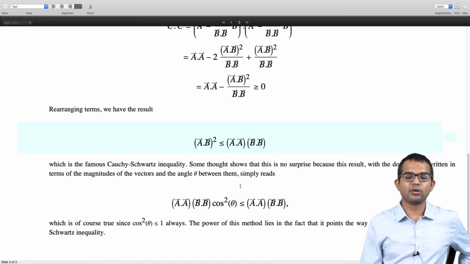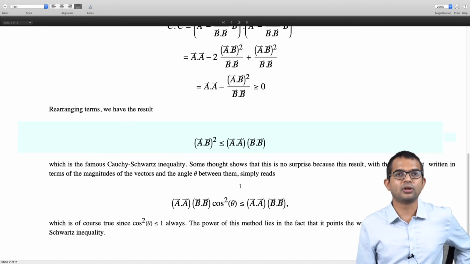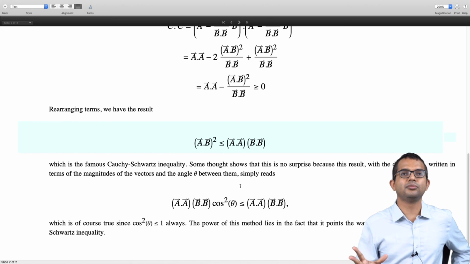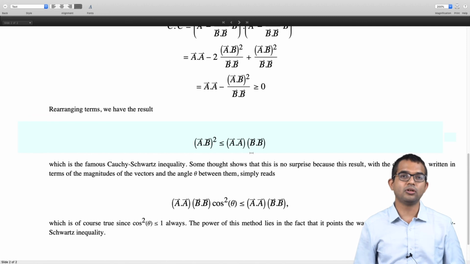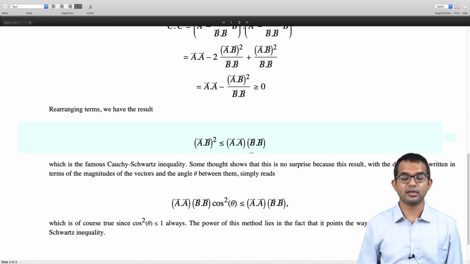But the power of this approach that we have just outlined is that it gives you a way to generalize this inequality. The Cauchy-Schwarz inequality is a beautiful and surprisingly powerful result, it has applications in all kinds of contexts, and it can be generalized to other kinds of vectors, right? And this method, we will see in the next lecture, will carry through to arbitrary vectors in a linear vector space. Okay, that's all for this lecture. Thank you.